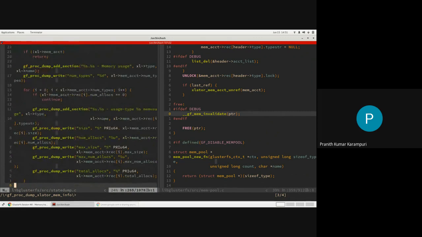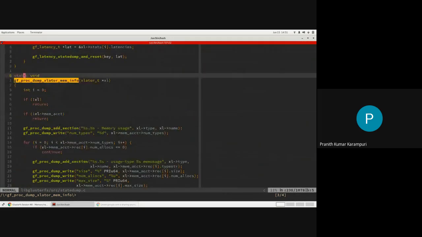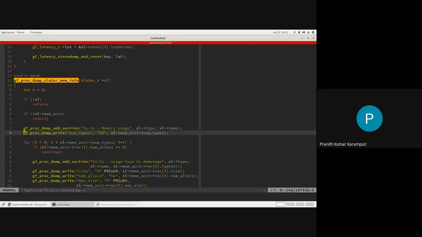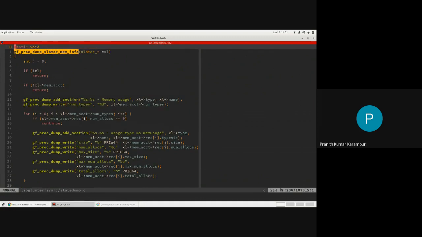We will actually look at a sample state dump. It will add the memory usage, basically everything that we have been storing in this memory accounting. It will start dumping that information: the size, the number of allocations, max size, max number of allocations, and total allocations. So this is how we can figure out the current state.